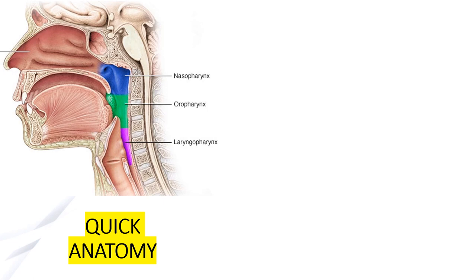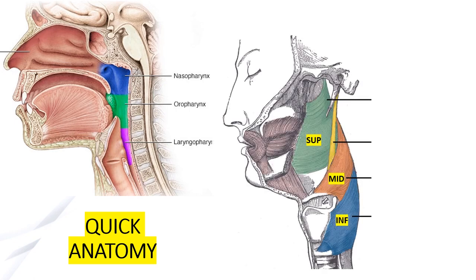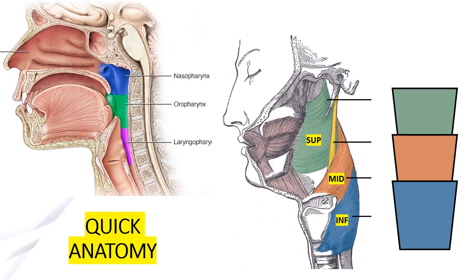There are also two types of muscles in the pharynx: the three constrictors, three longitudinal muscles, and another one, the cricopharyngeus. The three constrictor muscles are the superior constrictor, middle constrictor, and inferior constrictor muscles. These muscles overlap each other. So think of stacking three cups. The middle muscle is outside the superior constrictor, while the inferior constrictor lies outside the middle constrictor.